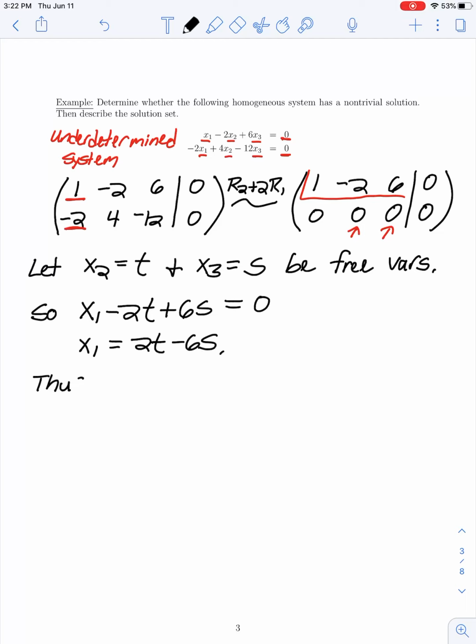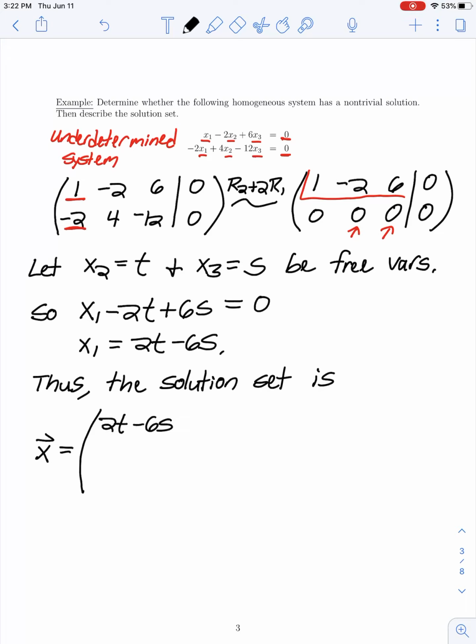So we're ready to write out our solution set. Here, the solution set would be the set of vectors x, which could be written in the form x1, x2, x3, where x1 is 2t minus 6s, x2 is t, and x3 is s,